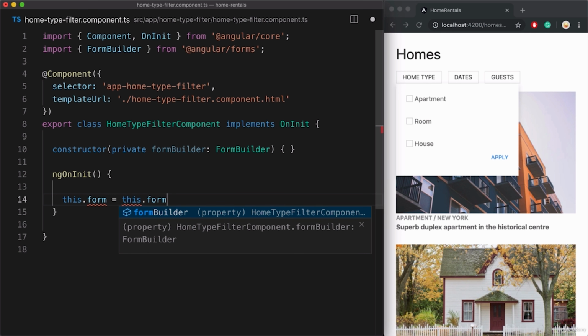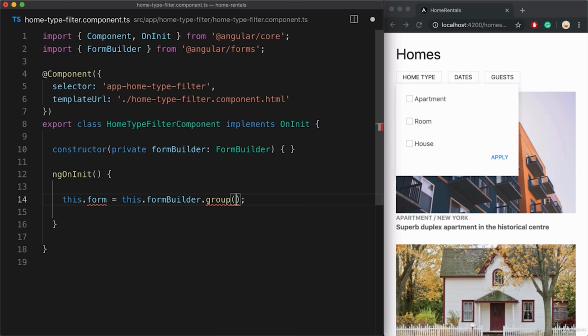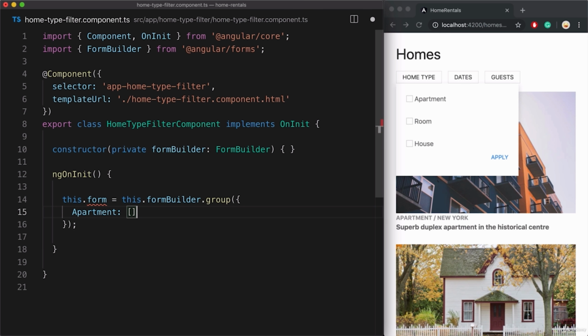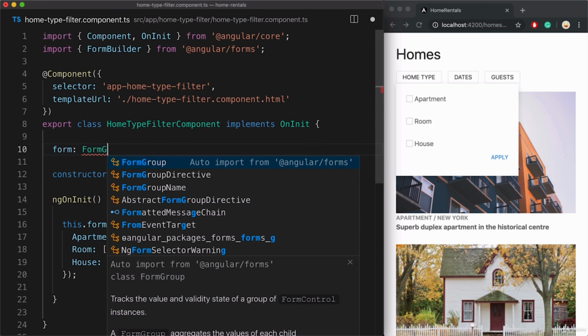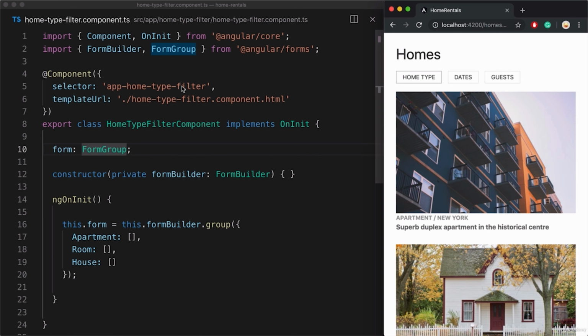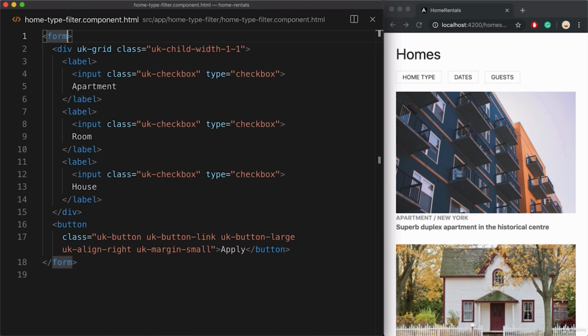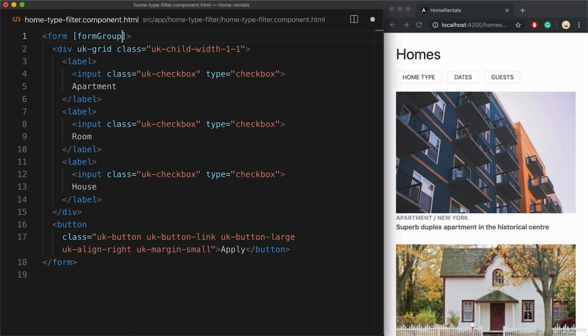So we'll use form builder and say create a group, which will be an object representing each checkbox. So it will be apartment, room, and house. Now let's declare this actual form property, which will be the form group, just like this. And then go into the template and update the form element to connect it to our form using its form group input property,